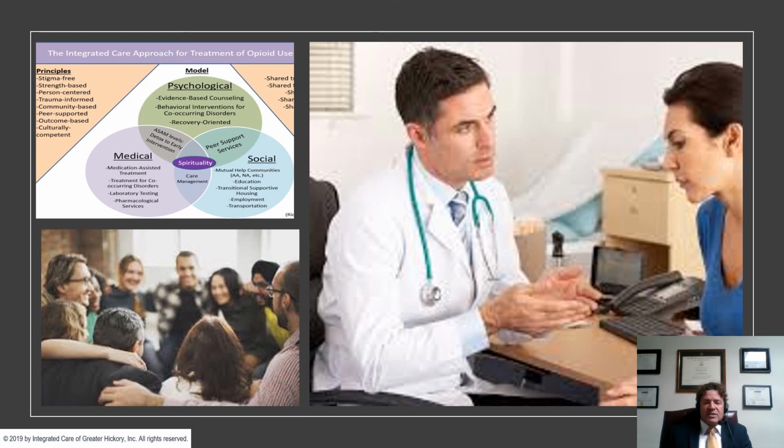And this is where we started today, with looking at evidence-based models of care with treatment. But as we said earlier, treatment is only one spoke of that wheel. If you're going to spend money on treatment, make sure that it's an evidence-based treatment and an integrated approach that gives you the very best treatment outcomes. So treatment providers work with all the others on this coalition to participate in improving our communities.